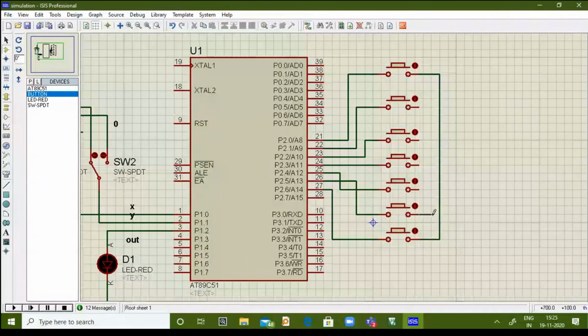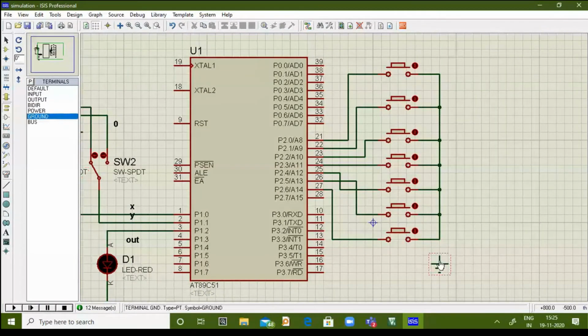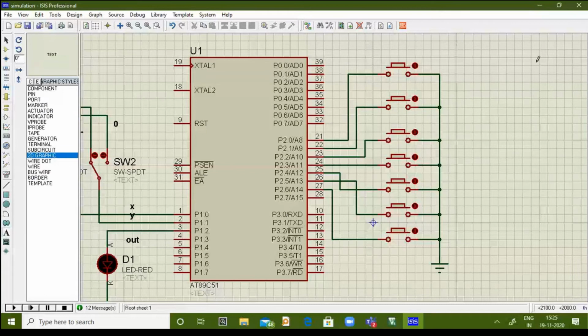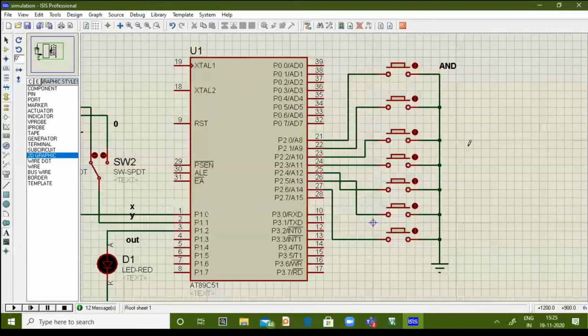So I will short all the terminals, and I'm going to check which button you have pressed. Okay, so I will use the second terminal. I should connect that to a ground. All right, so I will give the names for this as well. So this is my AND. This is my OR logic.